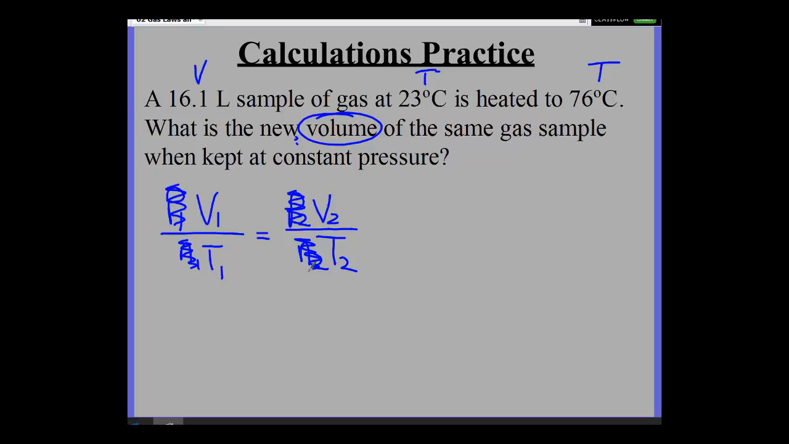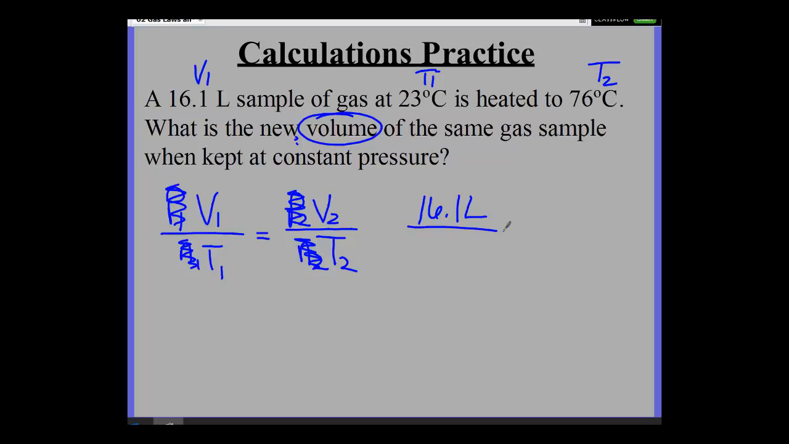So it says a 16.1 liter sample of gas at 23 degrees Celsius. So these are both my ones. Is heated to this temperature. So it changed to that. That's my second temperature. And now I can plug what I know in. So V1 is 16.1 liters